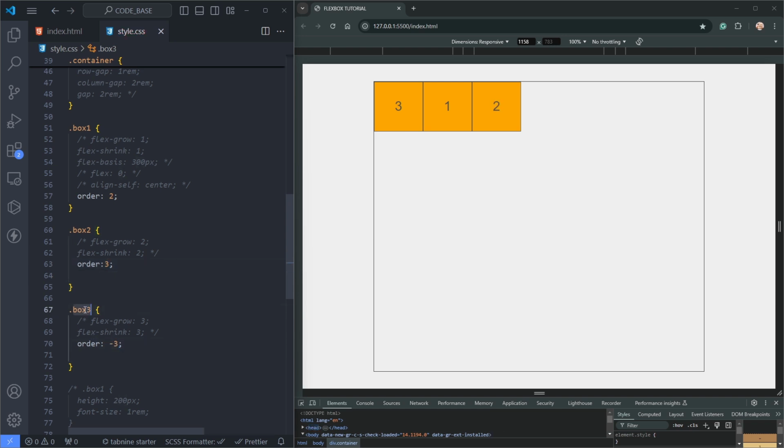We see that the third item appears before everyone since it has the lowest value, while the second item appears after everyone having the largest value. However, you should always avoid using this property since it changes the hierarchy defined in the HTML file, unless this is the only solution. We covered all the Flexbox properties and now let's play some games to strengthen what we